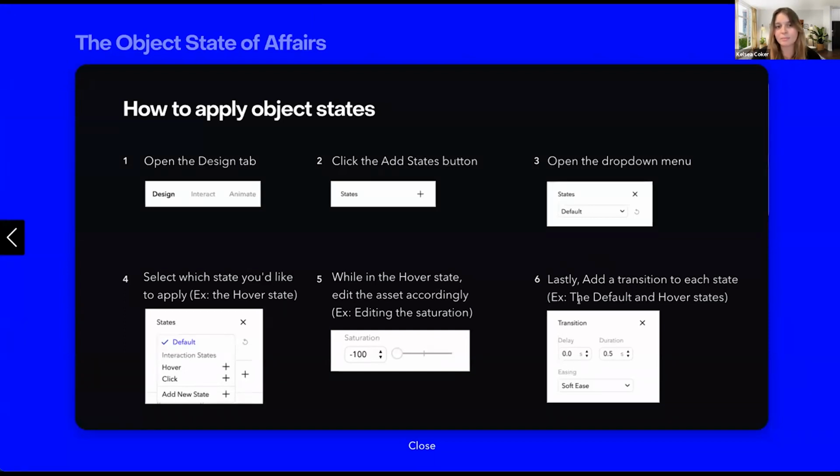And then you can make this really smooth with your object states by adding a transition to it. So this is kind of similar to an animation. You just apply it to your object state directly, makes it really smooth going from one to the other. And the interaction states, we'll dive into these more too, but these you can only add one hover and one click,